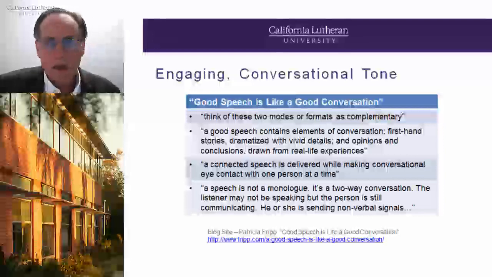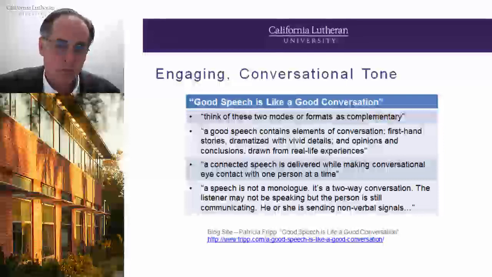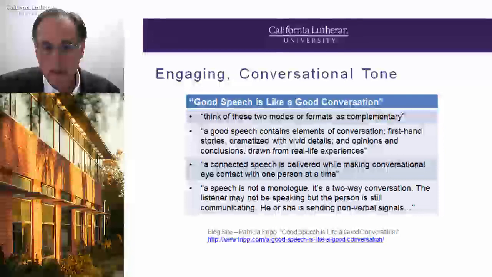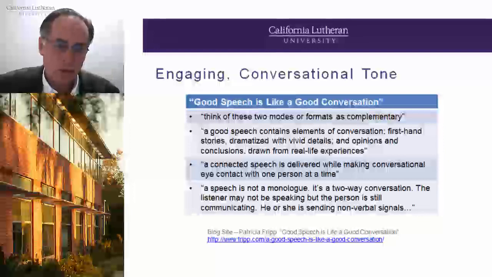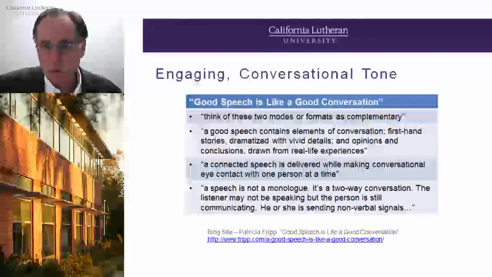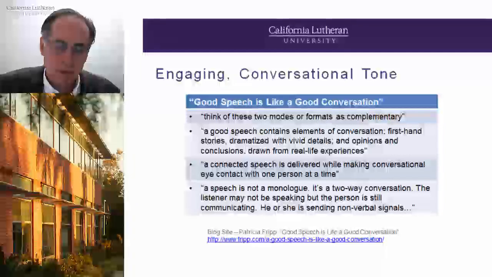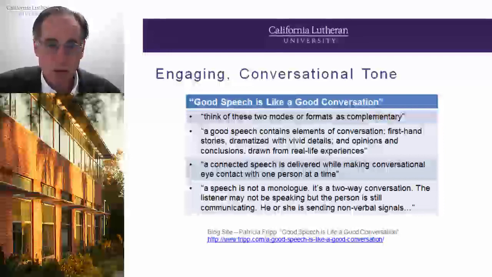It's also clear that client meetings are generally more successful when they are conversational. Ideally, the meeting is a collaboration between the client and the planner. There's an exchange of information, and because of this collaborative process, the client-planner relationship deepens. I came across an interesting blog site which was titled, "A Good Speech is Like a Good Conversation." Some ideas from that blog that you might find interesting and relevant to this brief discussion regarding client meetings include: